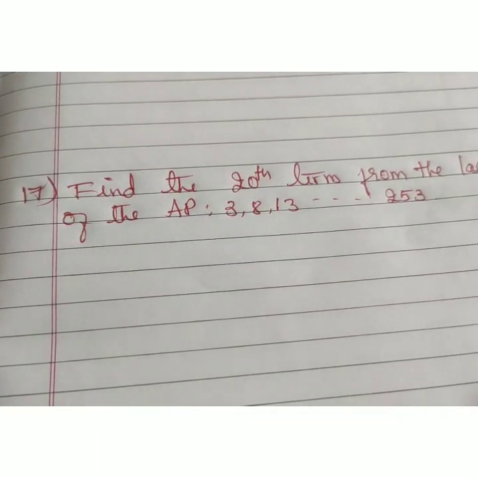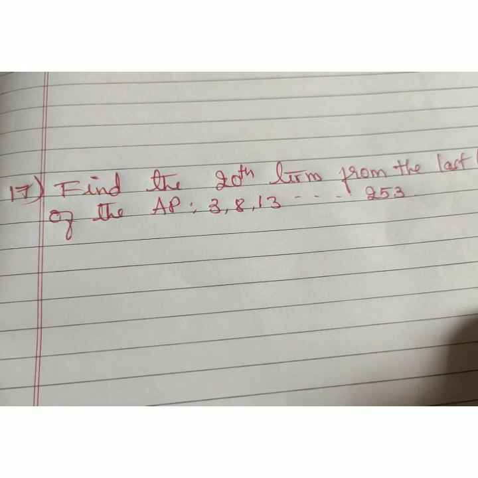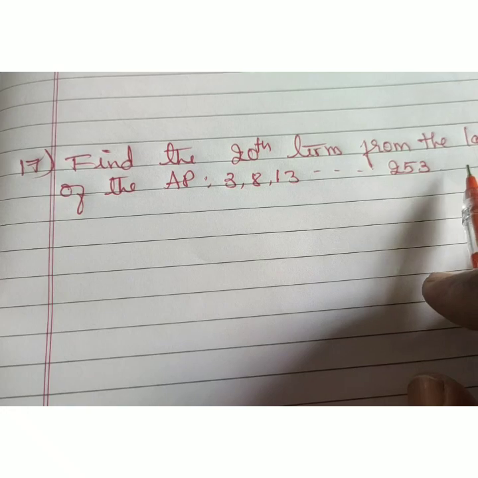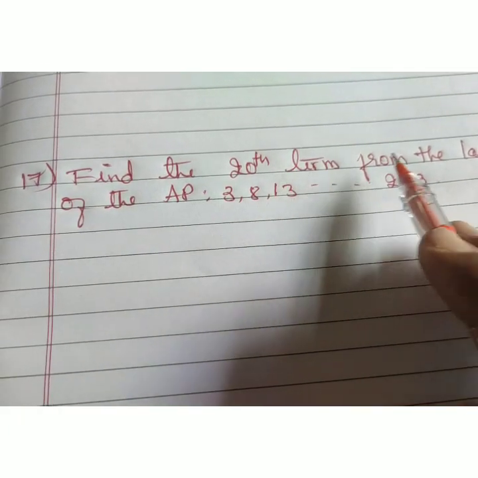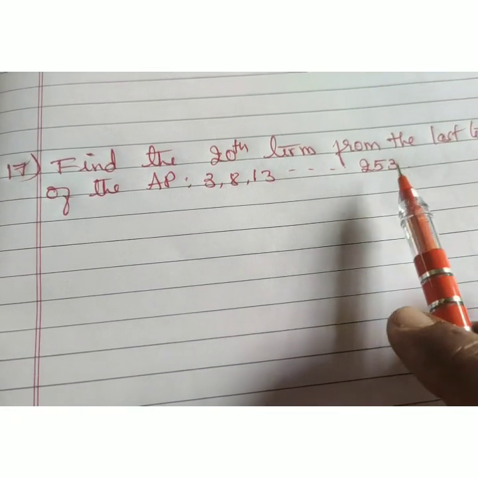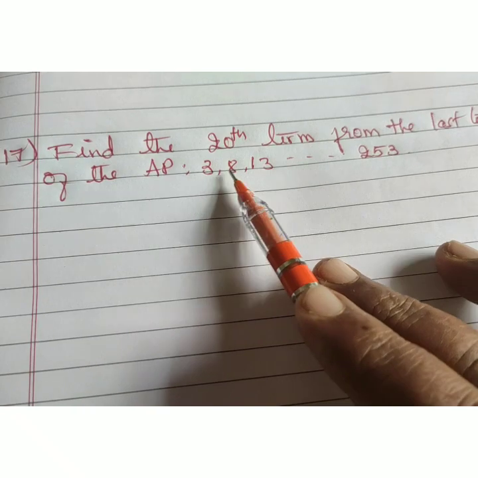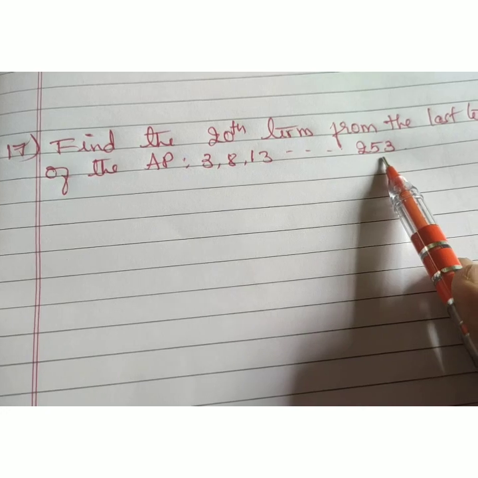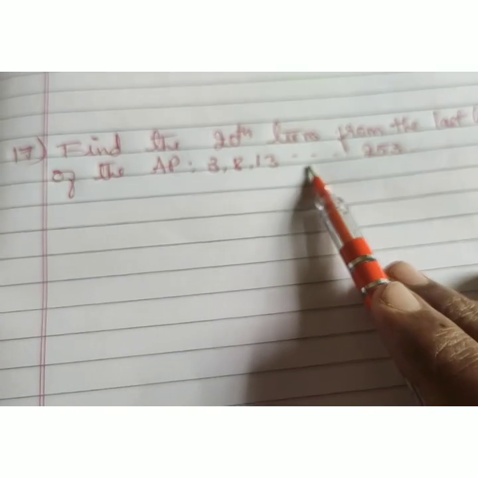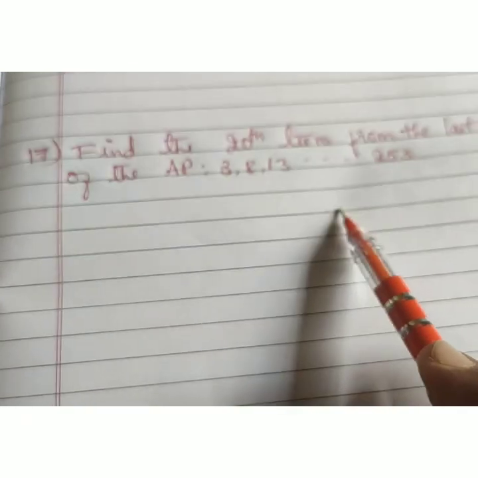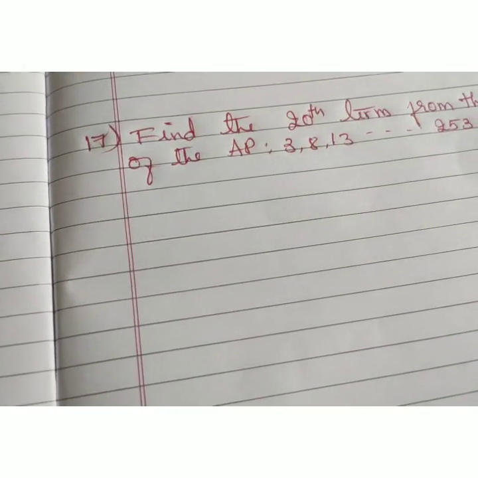Now let us move to the 17th problem, that is, find the 20th term from the last term. From the last term we need to calculate. Carefully read the question, children. We have to find the 20th term from the last term of the AP. There are different methods to solve this. Either you have the first term, you can calculate the common difference, take the last term as the nth term an, and find n. Then with that n, you can use a plus n minus 1, that is 20 minus 1, and calculate that way. Or we have the formula directly where you can calculate.